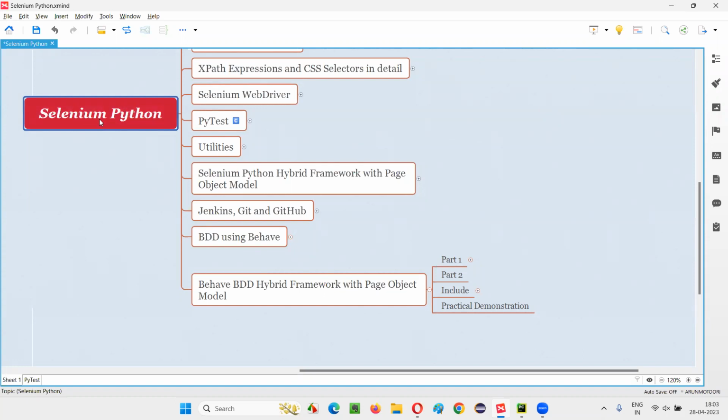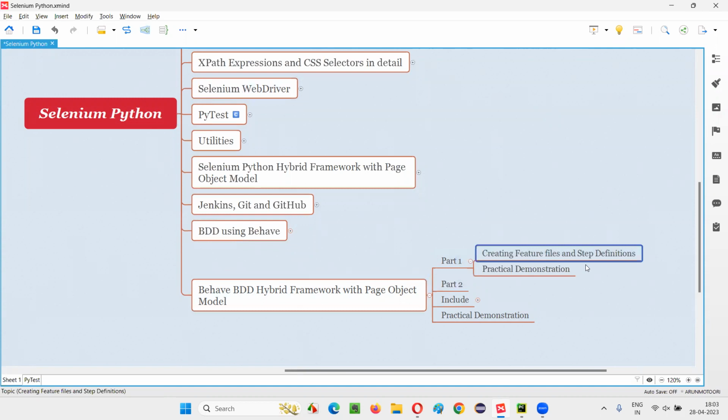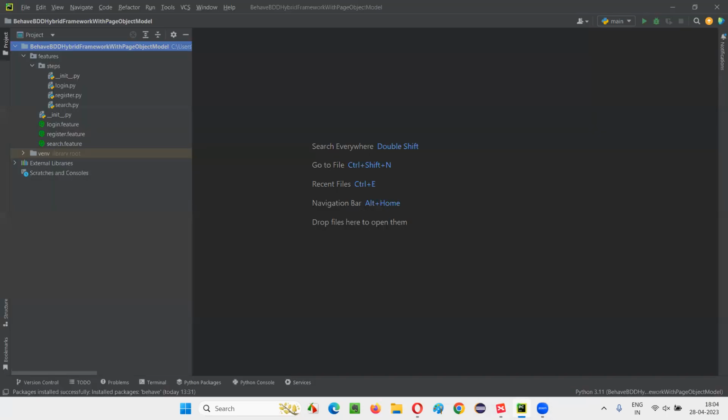In this session, we are going to continue the creation of this Behave BDD hybrid framework with page object model. In the previous session, we have created the feature files and step definitions. Now, we are going to write some Selenium code into these step definition methods in this part of the session. So, let's get started. I'll switch to this PyCharm IDE where we have this project containing the so far created